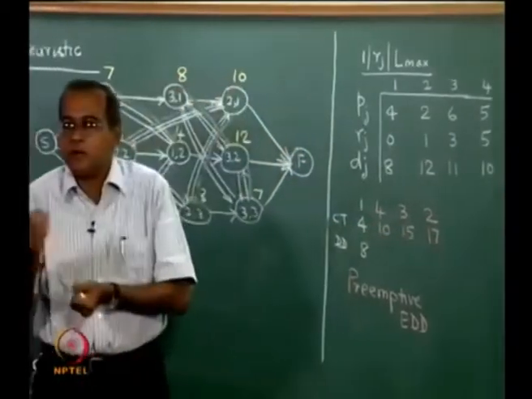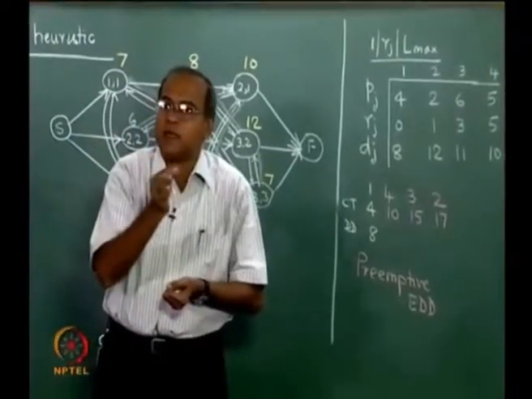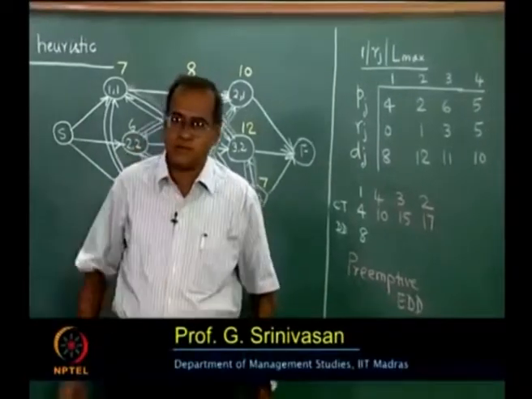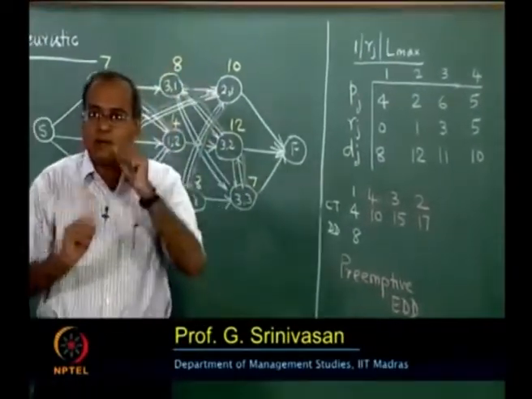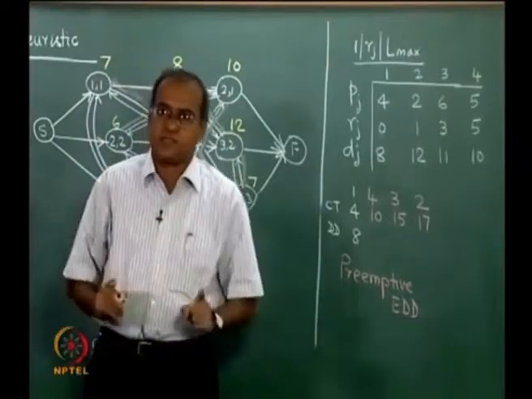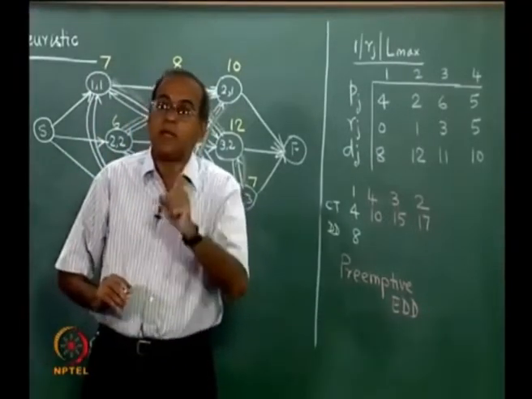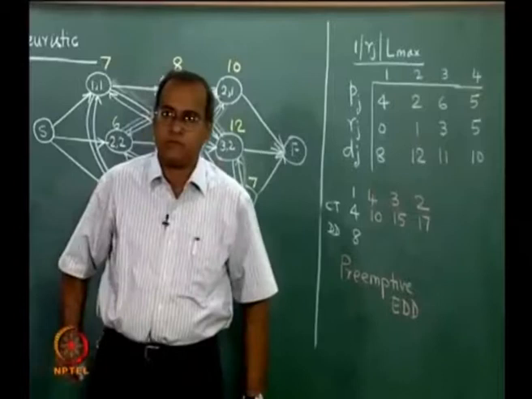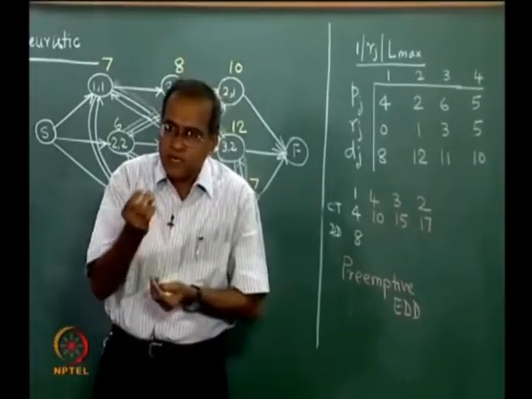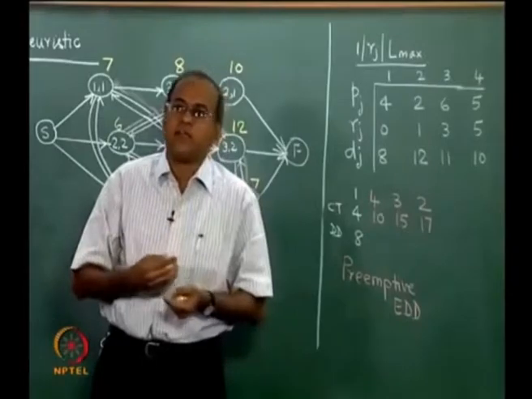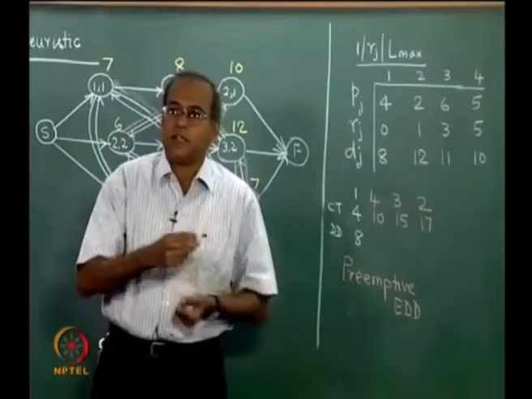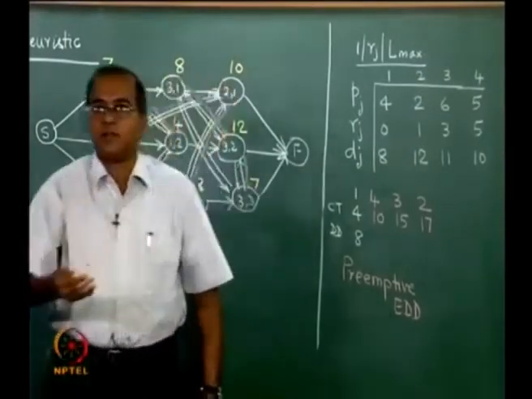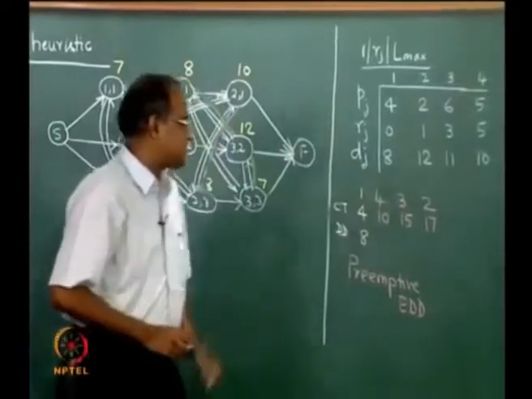So, the preemptive EDD rule allows me to try to minimize my completion time only for the purpose of the lower bound computation. When I am actually evaluating L max for a given sequence, then I will not use a preemptive rule, because one of my assumptions is that job preemption is not allowed. Only for the purpose of computing a lower bound, I can use a preemptive EDD rule and allow preemption, so that the lower estimate of L max is computed. A lower bound is a lower estimate of L max.